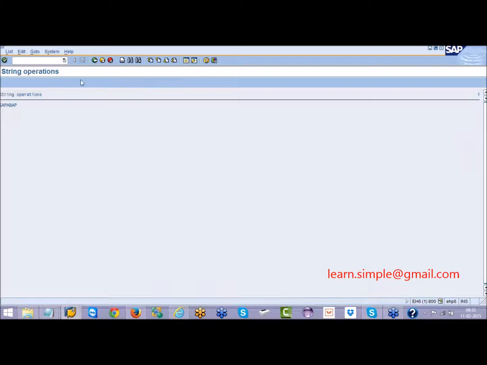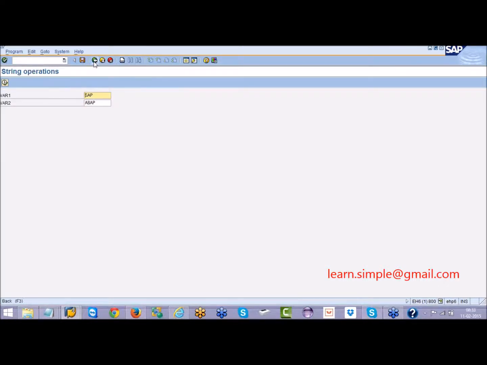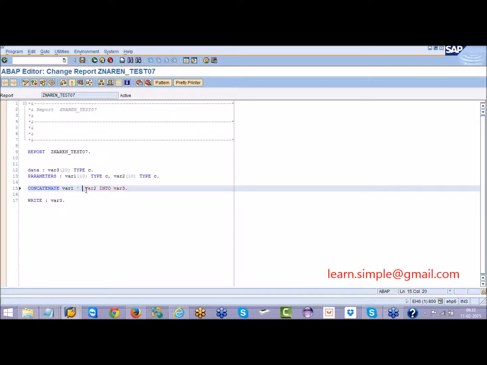It's not showing. If you want a space, the syntax is concatenate variable 1, variable 2, variable 3 and so on, put it into another variable, separated by space. This is the syntax.